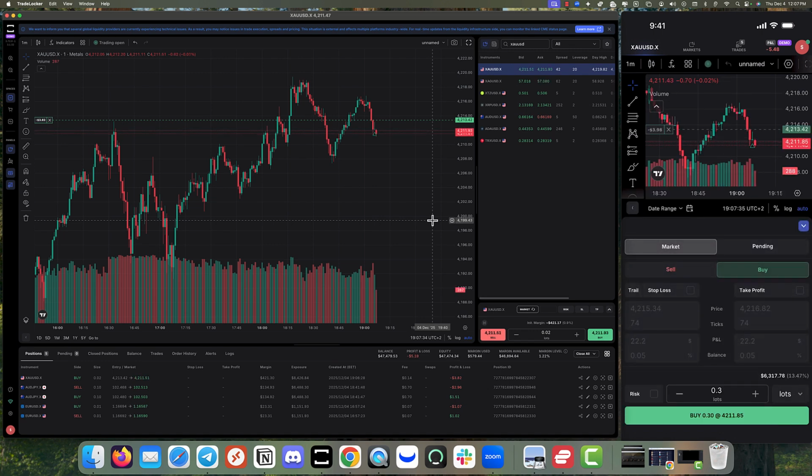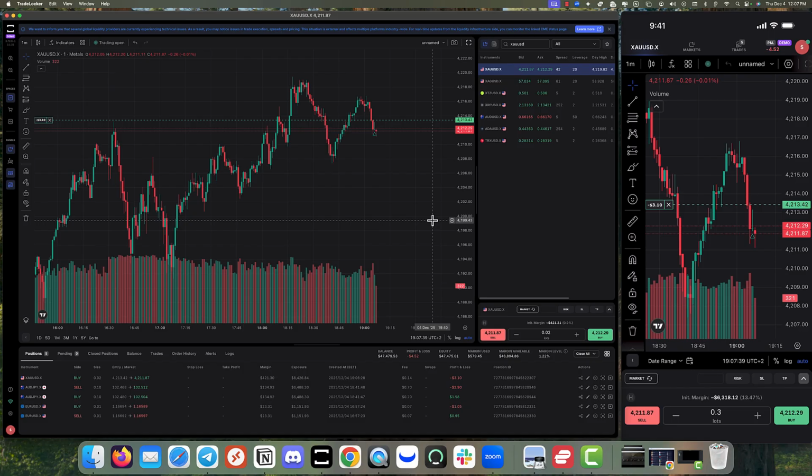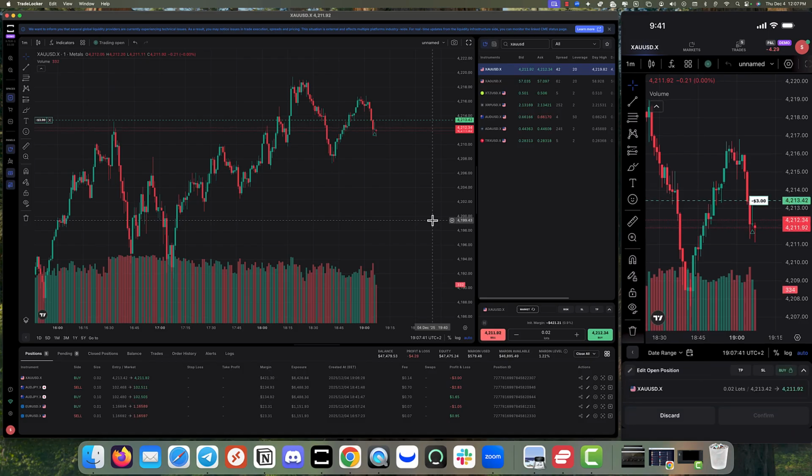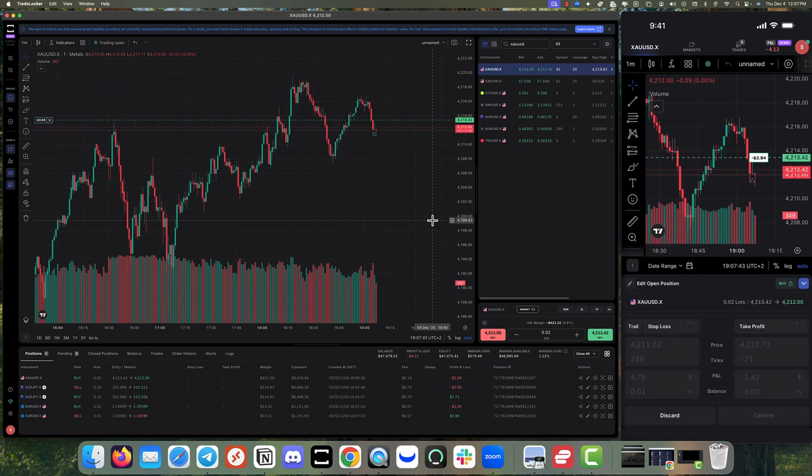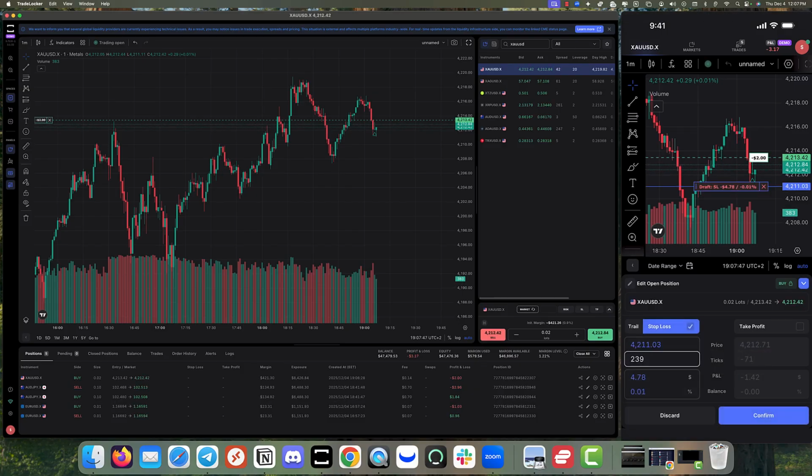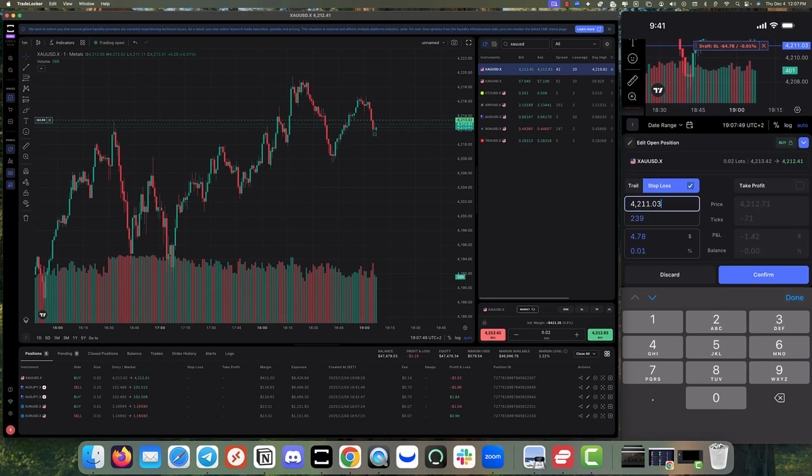I can press that. I can go to the trade. Since I already have the trade open, I can click on the trade. You got to click on it. Press that little button at the top right here. And you can go to stop loss and you just paste in